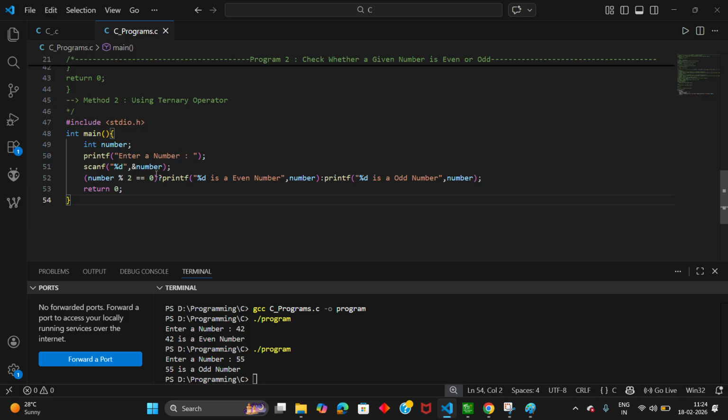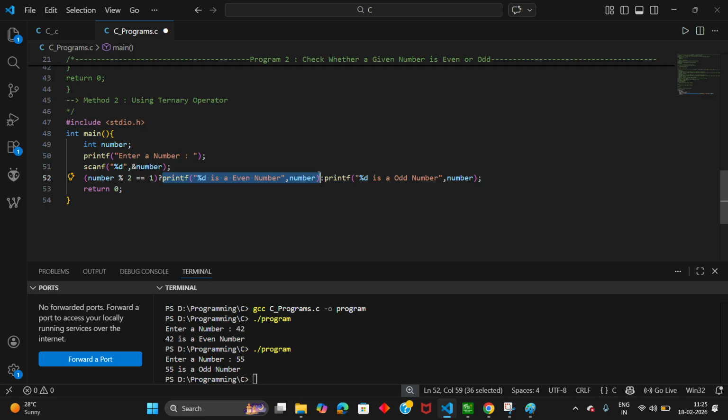So for example, if you need to write this condition for the odd number, then what you need to do is simply replace 0 with 1. Whenever the number is divided by 2, if you get the remainder as 1, then it will be treated as an odd number, and then you need to replace this statement.